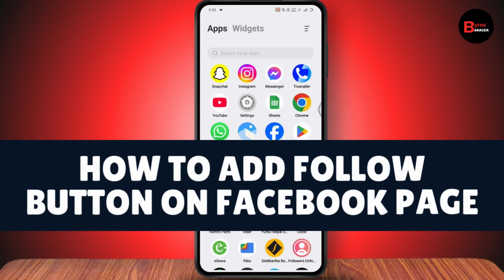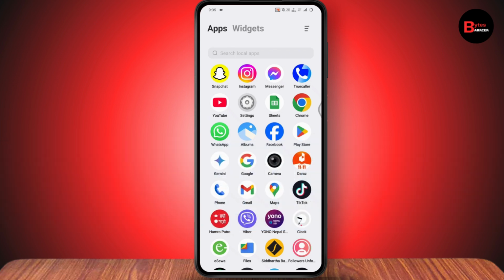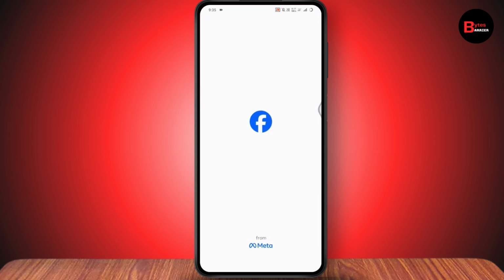How to add follow button on Facebook page. So if you want to add follow button on your Facebook page, then first you need to open up your